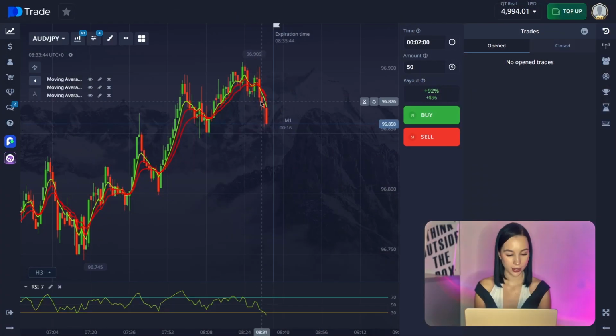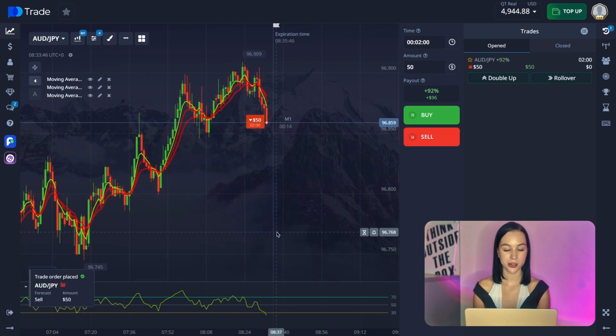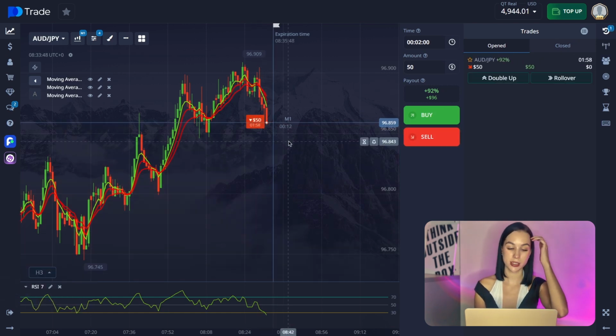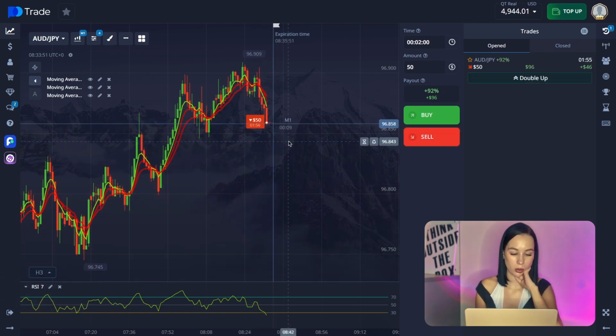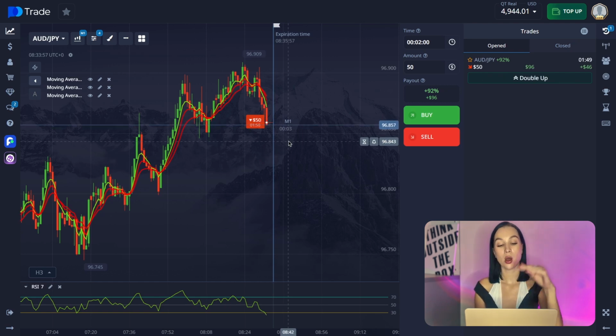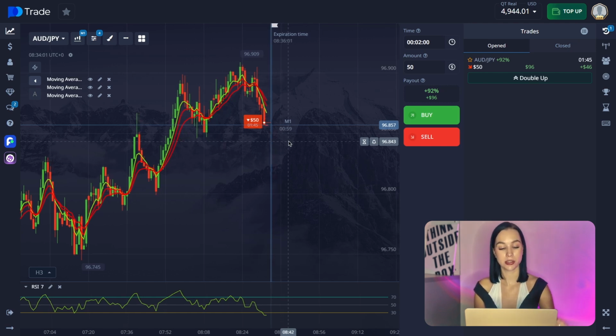Okay, here's a pretty good one. We opened here a sell trade for $50 for 2 minutes. So first we can see that all 3 lines of the moving average are crossing each other and starting to go in the downward direction. So it's the first sell signal. Also, our price is below all of these moving average lines, so it's another sell signal. Also, by the RSI side, we can see that the line was moving downward